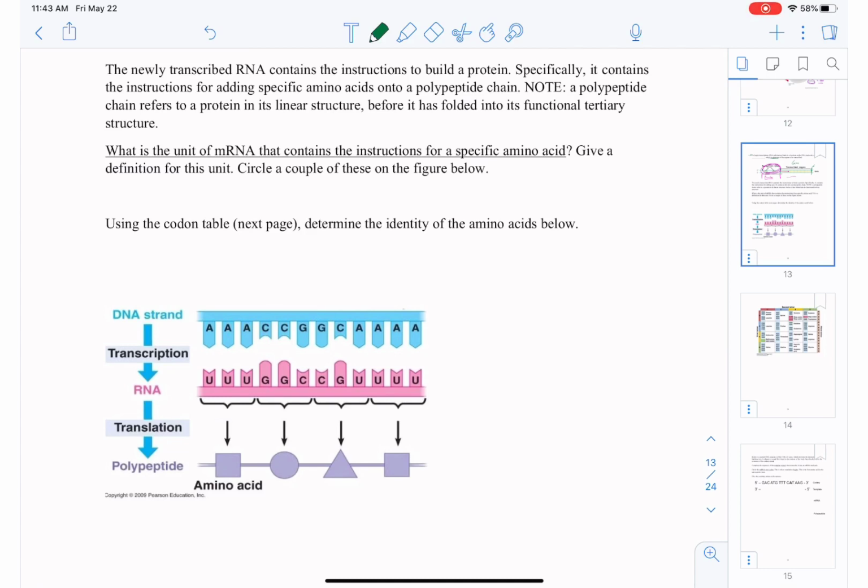So what we've done is we've taken this template DNA strand and we've made an mRNA molecule from it. And this mRNA molecule contains the instructions to build proteins. Specifically, this mRNA molecule contains the instructions to add specific amino acids onto the protein that we want to build. And so the question is, what is the unit of mRNA that contains the instructions for adding a specific amino acid onto the polypeptide chain? And the answer to that